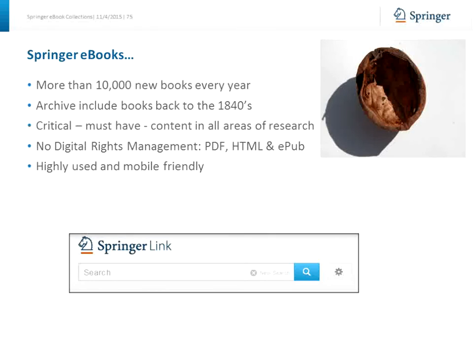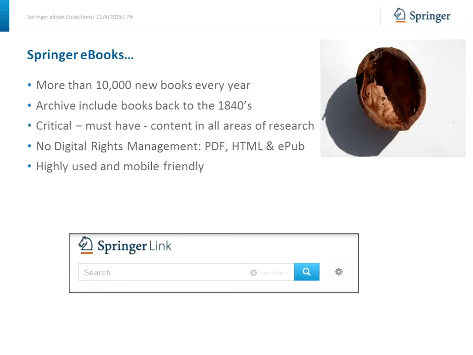By this we are adding more than 10,000 books a year, and think of that as the number of books we add to our platform every day, which is between 30 and 40 every single day that we add to Springerlink. We also have all our books back to the first book that we ever published, back to the